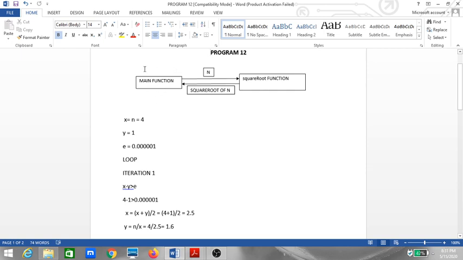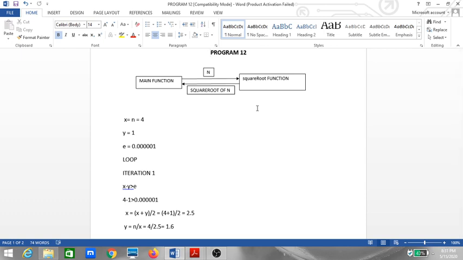So what main is doing here is accepting the value from the user, that is the number which has to be calculated for its square root, and that value should be passed to the square root function. I'm not going to explain much about what functions are, as we have already done it in the previous programs.